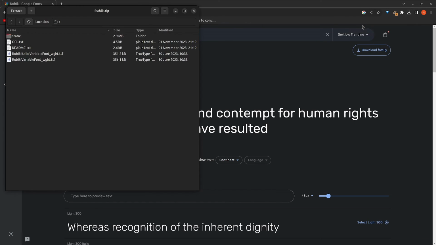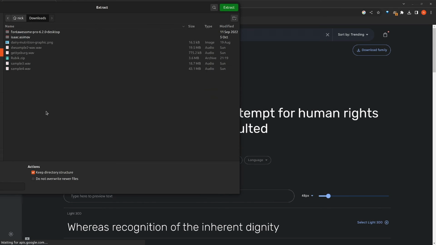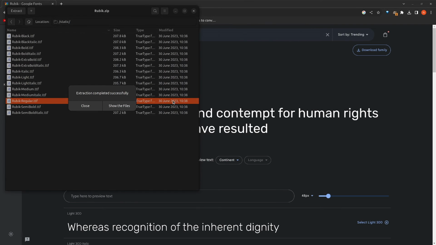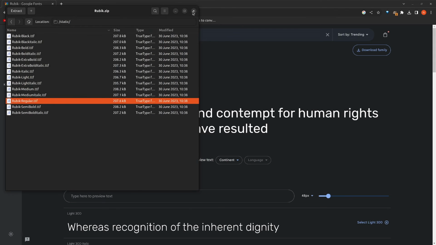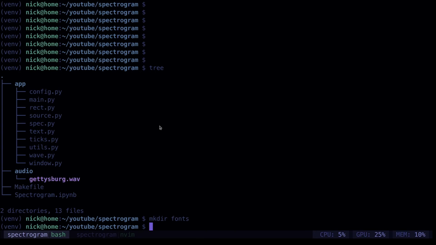Cool. And static. The one that I actually want is just Rubik regular. Just going to extract that to my downloads folder. Cool. Close. And I'll move that away now. And then if I look at my downloads folder,